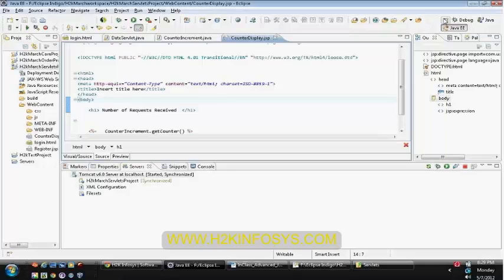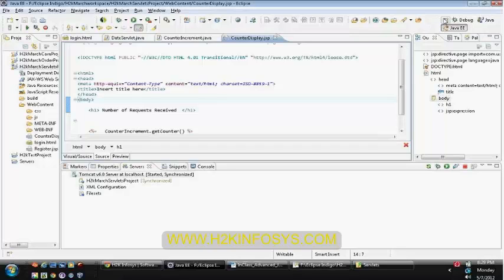Let us see how we have configured this within our web.xml as well. This is how you configure it within your web.xml, just like how you specify a servlet. Here also you have filter name and filter class.